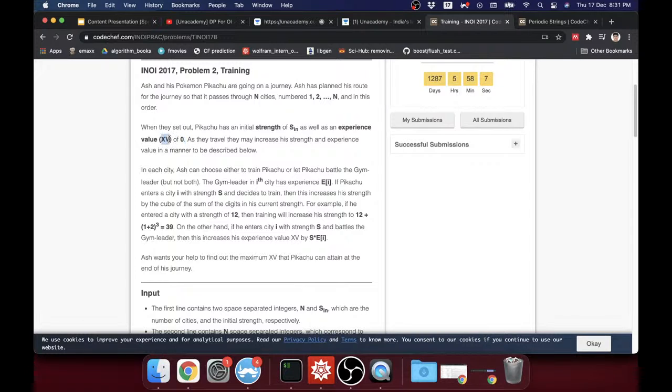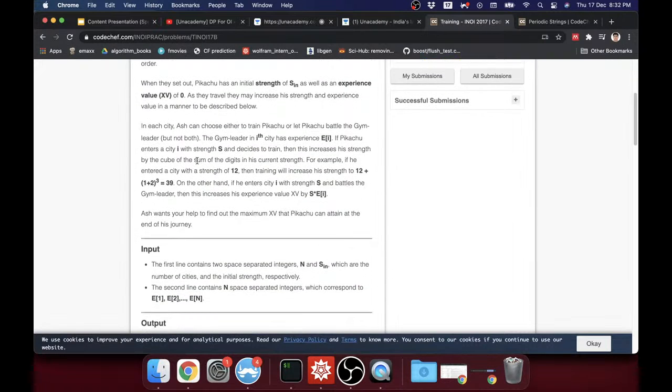Just ignore this XV thing. It's just that you have 2 quantities, one is strength, the other is experience. As the Pikachu travels, its strength or its experience may increase. And how will it increase? In each city, Ash can either choose to train the Pikachu or let it battle, but not both. The gym leader in the ith city has experience EI. If the Pikachu